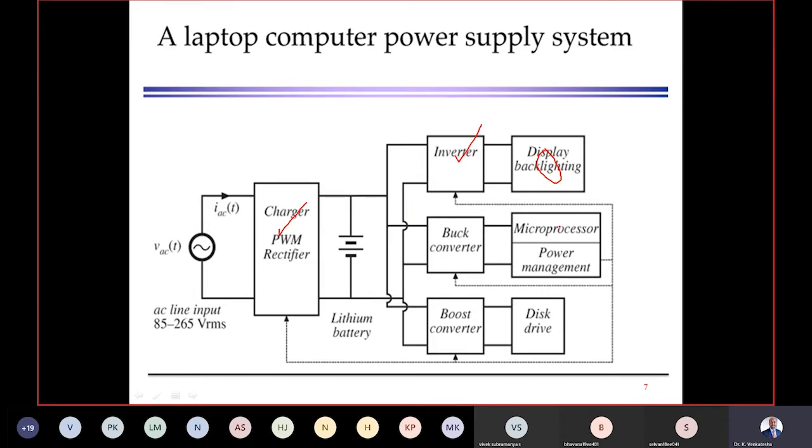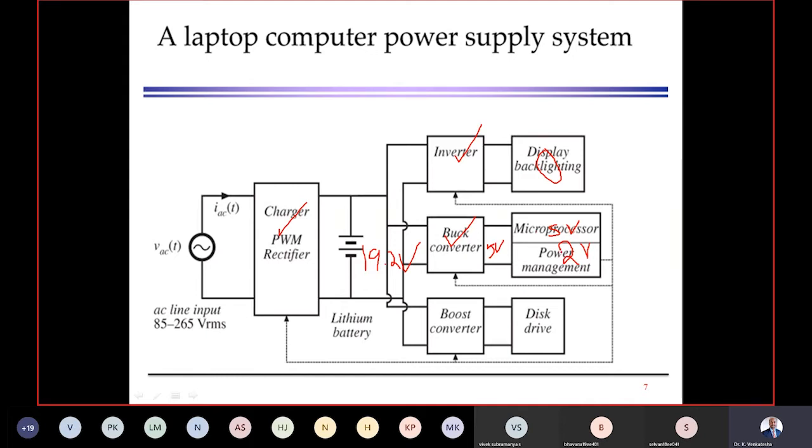Then for the microprocessor and all, it may work for a 5 volt microprocessor or 2 volt microprocessor. Of late, 2 volt and 1.2 volt microprocessors are available. So the buck converter is a DC to DC converter which converts this 19.2 volt DC from the lithium battery to 5 volt. That is done by the buck converter. Buck means step down the DC voltage. Another name is chopper circuit, DC to DC. 19 volt DC is converted to 5 volt DC or 2 volt DC required for the microprocessor and